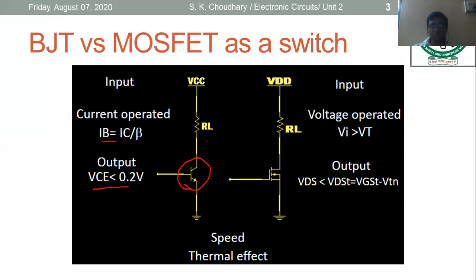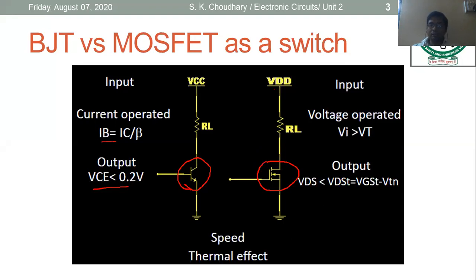The load resistance is always connected to the collector terminal, and the emitter is common, means it is a common emitter configuration, and the input is given to the base of the transistor. In a similar fashion, you can also connect the MOSFET. An N-channel MOSFET is shown here, and you can operate the MOSFET based circuitry as a switching device.